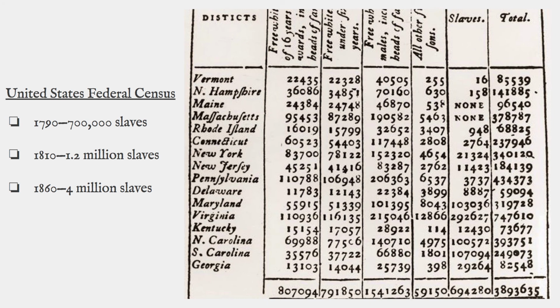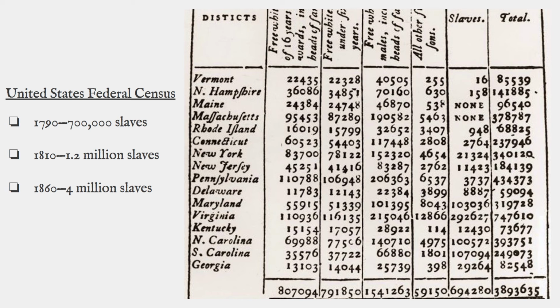The number is 700,000 slaves in the United States. This is when the cotton gin is invented, in 1793. This is about a generation, right after the Constitution is ratified. Less than a generation, actually. It's within 5 years of the Constitution being ratified, right? It's during Washington's presidency, the first president. So this is the early stage of America as a nation.